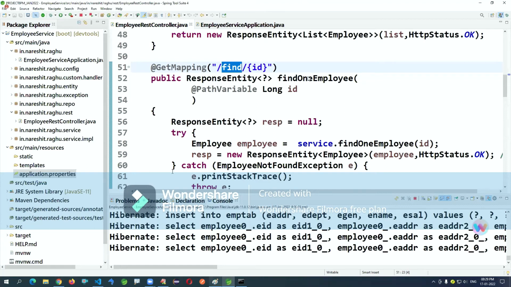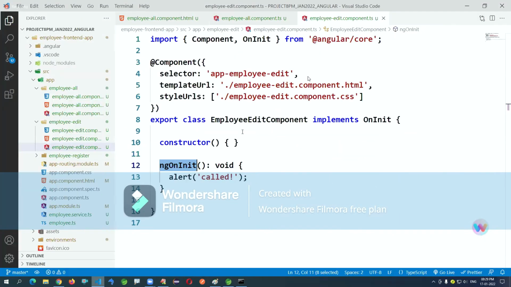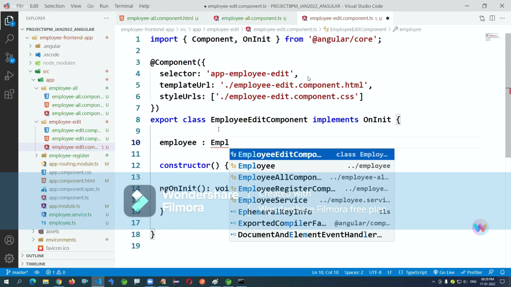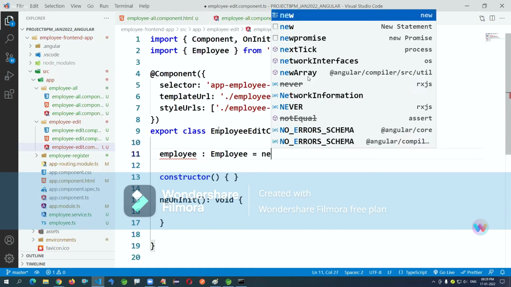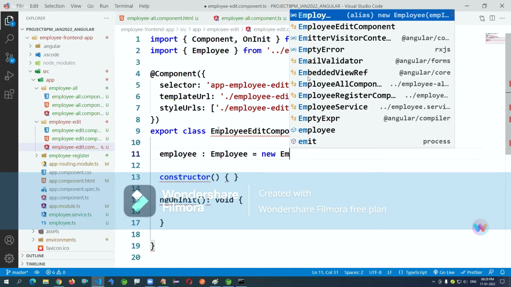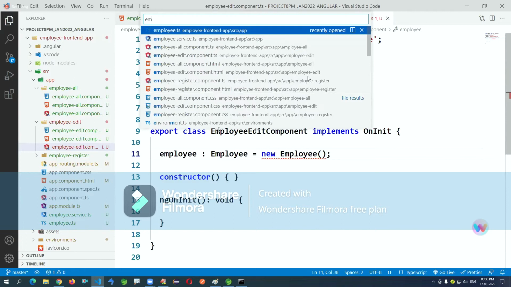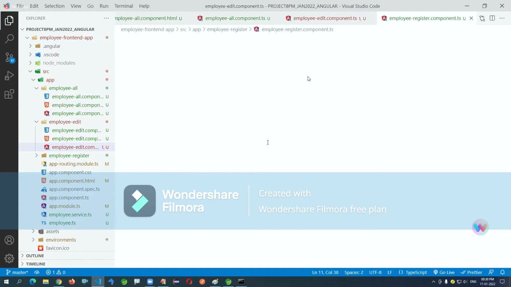Now observe here. Now here I am writing some logic. Creating one employee form backing object here, new employee, like the employee register component.